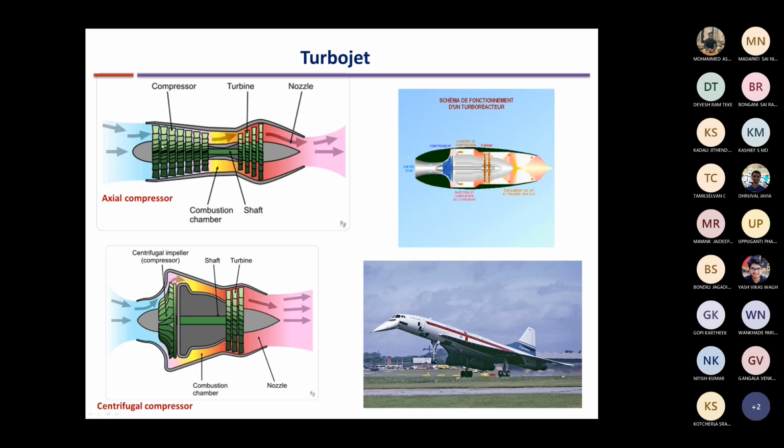Again, in the next stage, velocity is increased. Again, in the static stage, the stator, the velocity is used up. The kinetic energy is used up for increasing the pressure. So gradually, each stage comprises of this rotor and stator, and in each stage there is a net increase in the pressure. Okay. So this type of device is known as an axial compressor, where the flow comes in axially and also goes out axially.